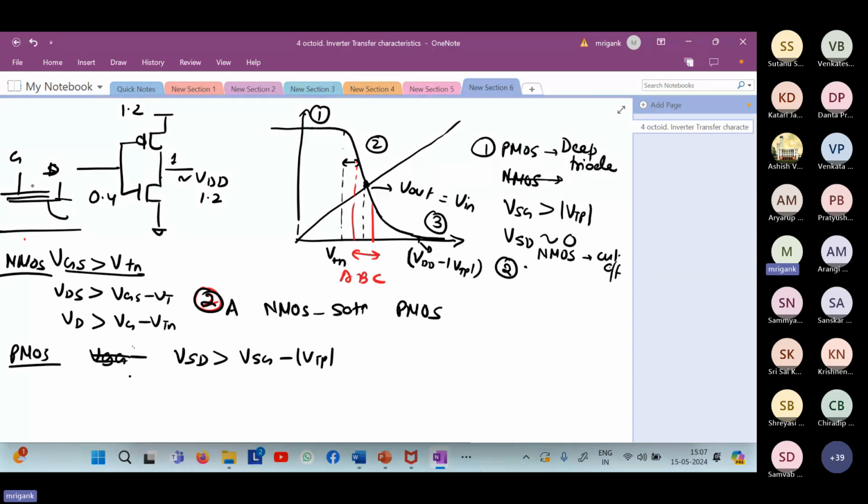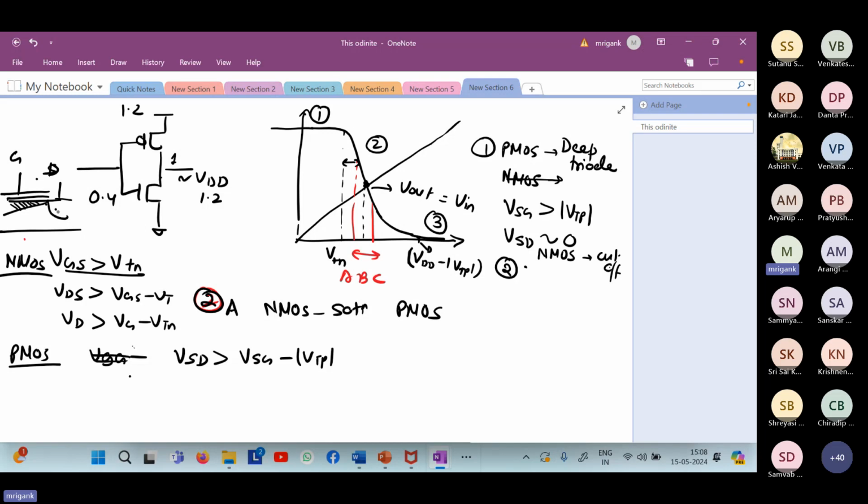If I assume that source potential is 0, then the channel at this point will get clipped if the gate minus drain voltage is less than VT, because we need a channel to be formed. If the channel is to be formed, VG minus VD should be greater than VT, assuming that source voltage is 0. Source is common in both the sides. So in order for the channel to be formed here, I need VG minus VD greater than VT